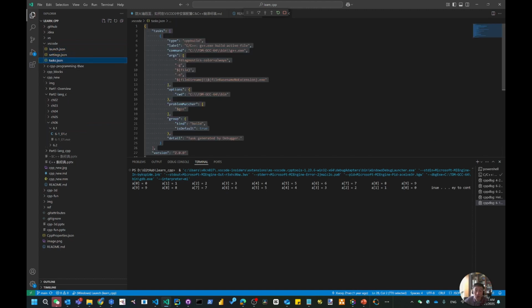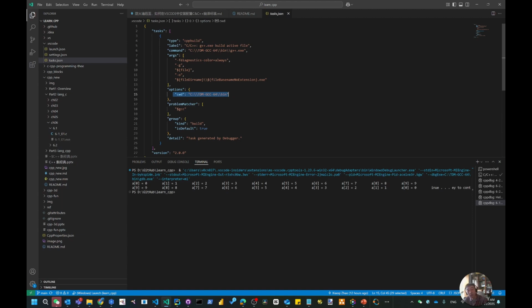What you need to ensure is this tasks JSON. Let me stop my running. Tasks JSON may be used during your build and compiling. There are two lines you need to verify. One is this command. Second is this option. In my case, when I come to here, this command and CWD are still from my earlier installation